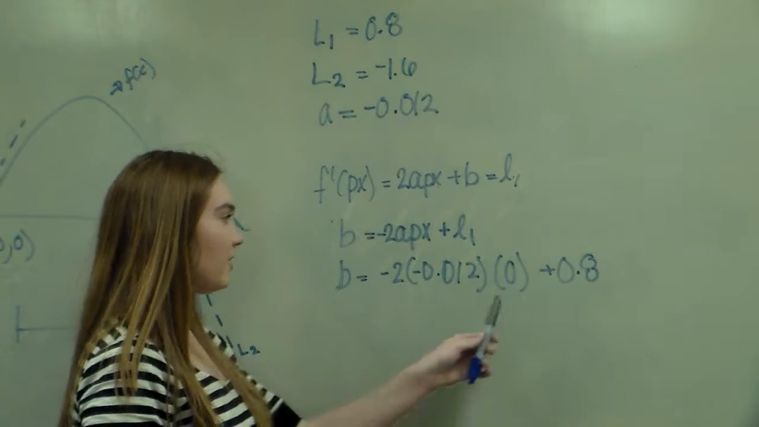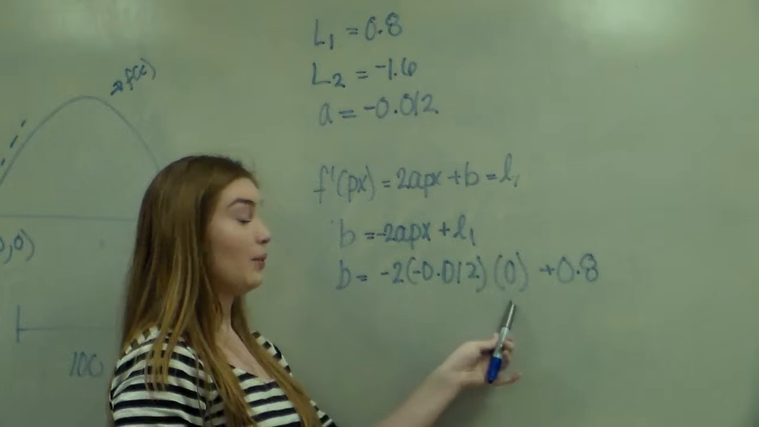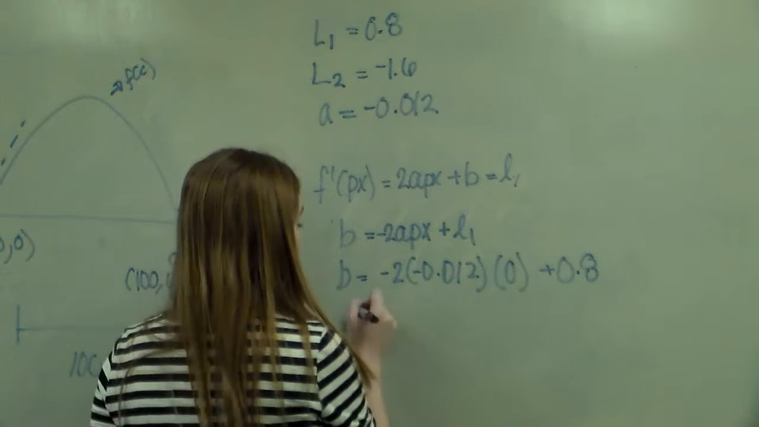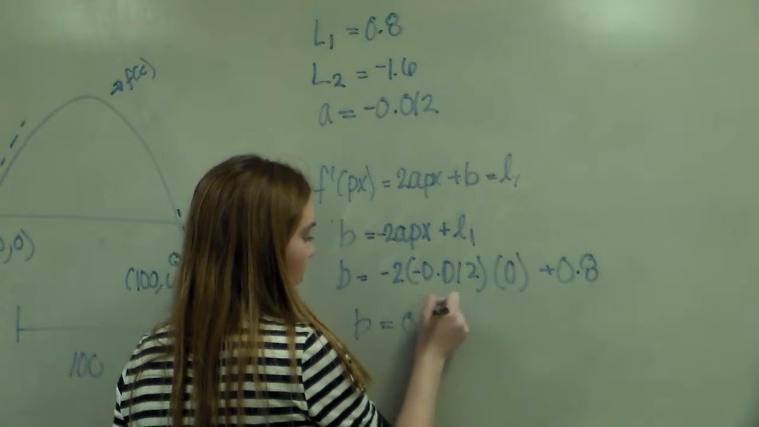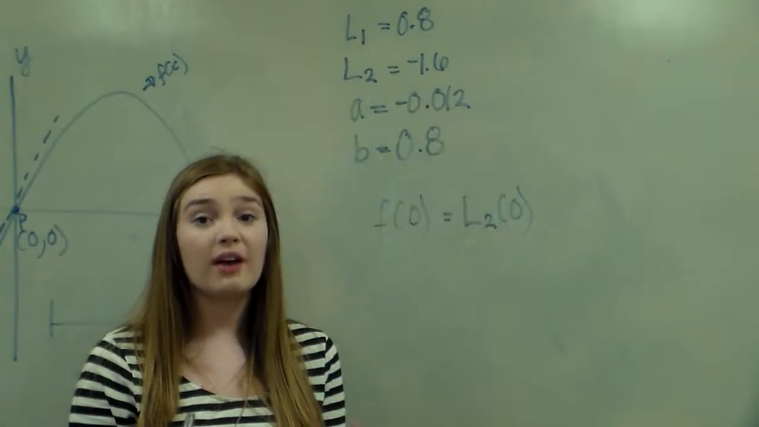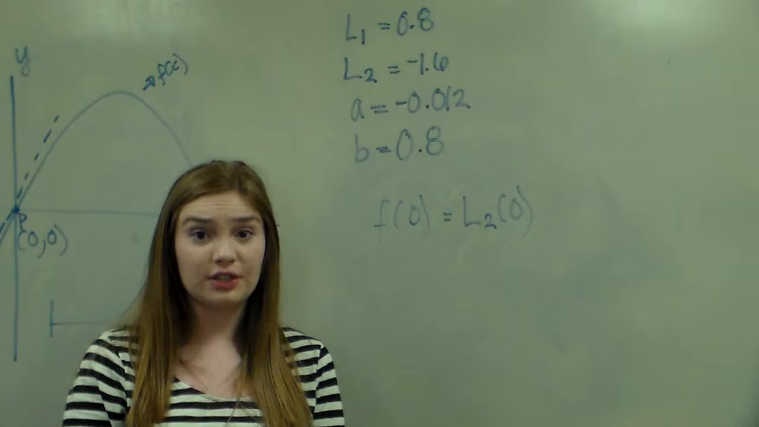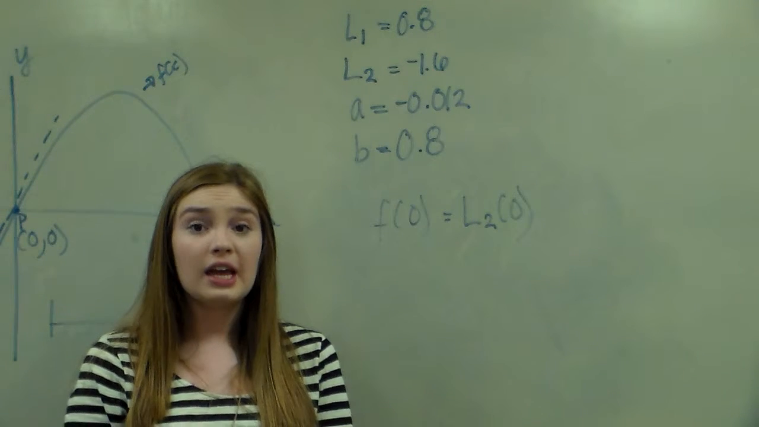So since P equals 0, this entire part of the equation equals 0, thus B equals 0.8. In order to find the value of C, it's actually relatively easy. C equals 0 because the parabolic function passes through the origin, (0, 0), meaning its y-intercept, which is C, is 0. So now that we have all the numerical values for our parabolic function, we now have to find the